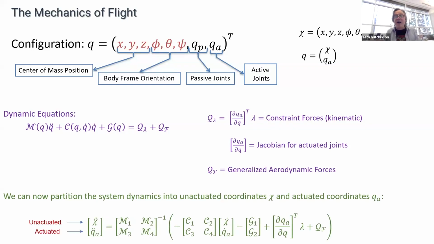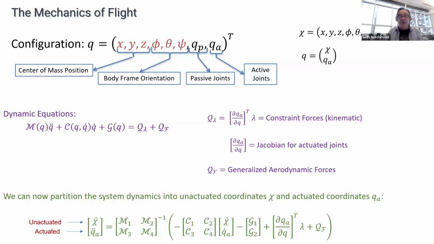You can do a little bit of rewriting and solve for the accelerations as a set of unactuated accelerations and a set of actuated accelerations, right? So you have the unactuated dynamics and the actuated dynamics. And the unactuated dynamics are the things that you cannot control directly. For example, there's no actuator on the robot that changes the Z coordinate of the robot's body attached frame, right? You have to actuate the wings and hope the aerodynamics lift the body in the air if you want to change the Z coordinate. So there's a bunch of what's happening that you have no direct control over through the actuators of the system.